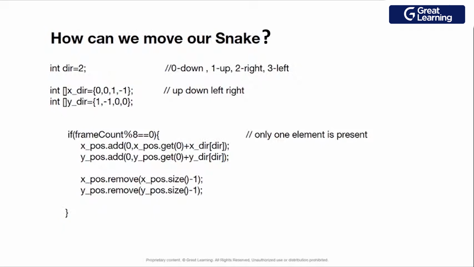Now these 2 arrays are very important. Okay, one will represent the x positions, right? The 0, 0, 1, -1. What does this mean? Basically, when we try to move in the right direction, what are the things that will change? Will we go up? No. Will we go down? No. We are just moving towards the right. So when we move right, we are just incrementing the value of the x position, right?